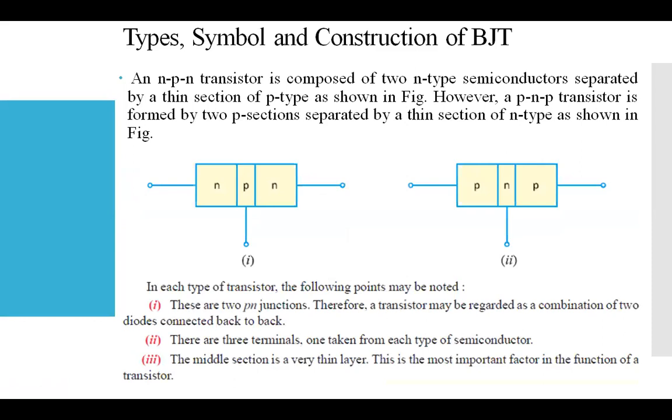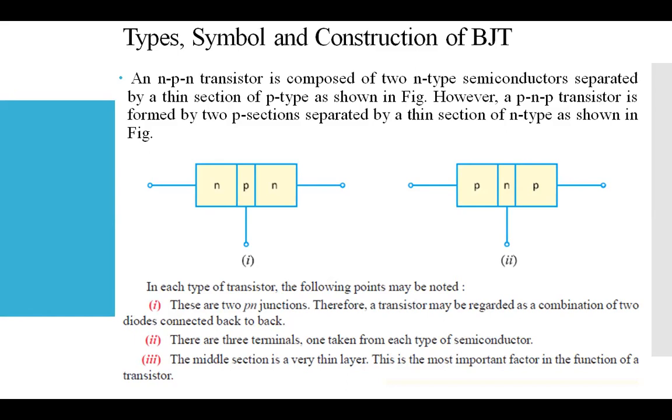as we say, we have the PN junction and we make a sandwich structure of either P type or N type semiconductor. In the first sentence it is mentioned that the NPN transistor is the composition of two N type semiconductor materials separated by a thin section of P type material. You can see in the first diagram that on both the left hand side and right hand side you have N type semiconductor, and in between there is a thin layer of P type structure. So this is what we call an NPN transistor.